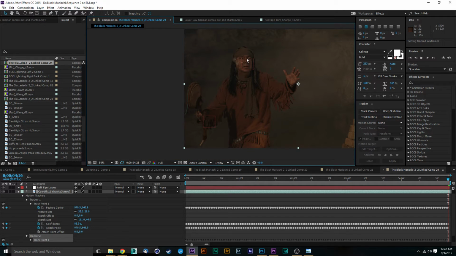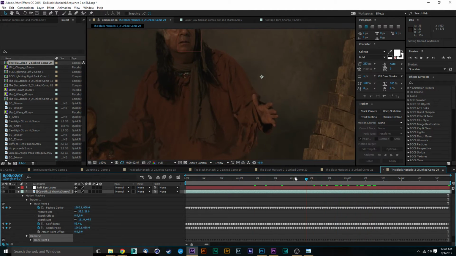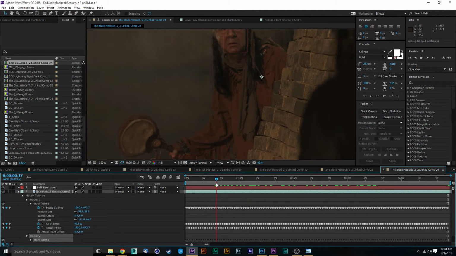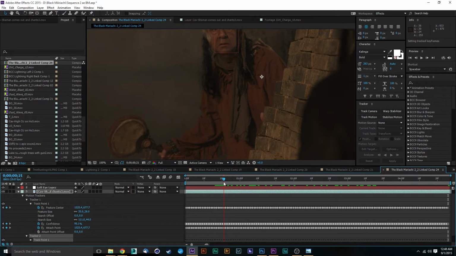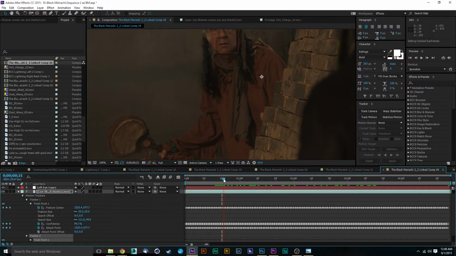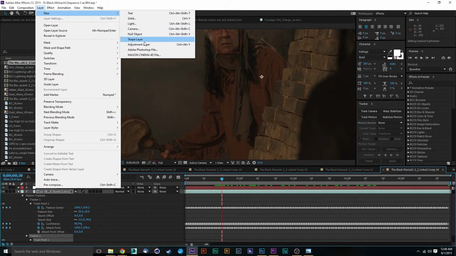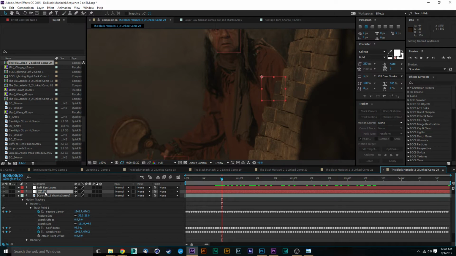Okay, so now we have that tracked. We have an eye and we have a right hand tracked. We're going to have to now track the left hand. So this is going to be interesting. I'm not 100% sure how well this is going to work. We'll go layer, new, null object, and we'll call this right or left hand. Left hand